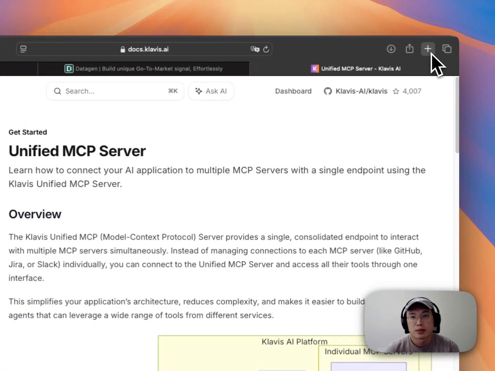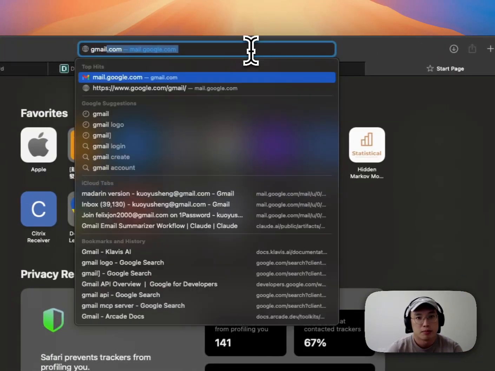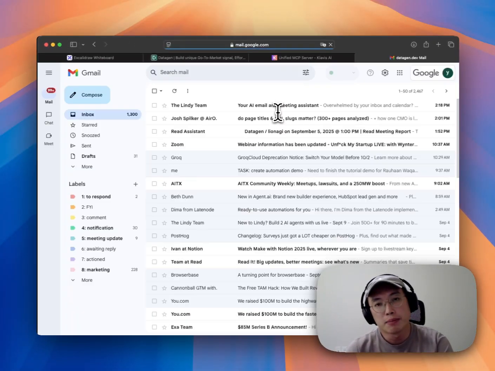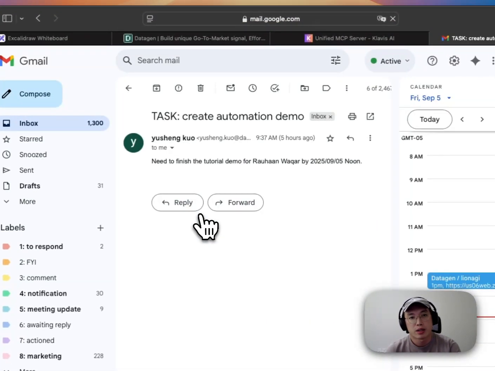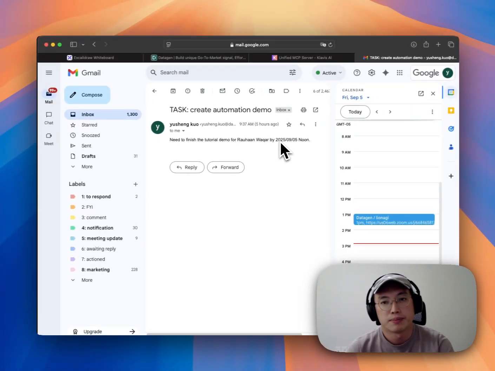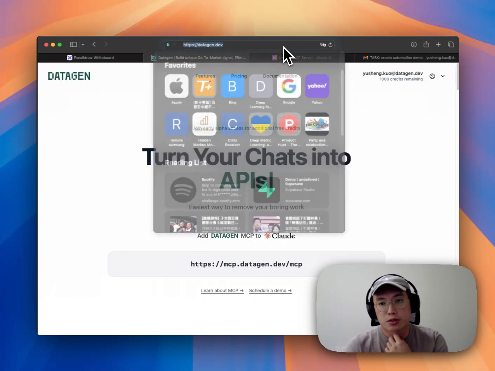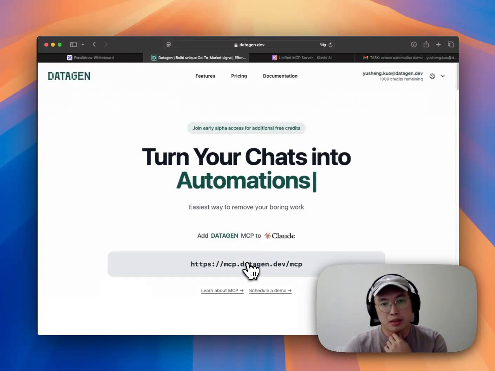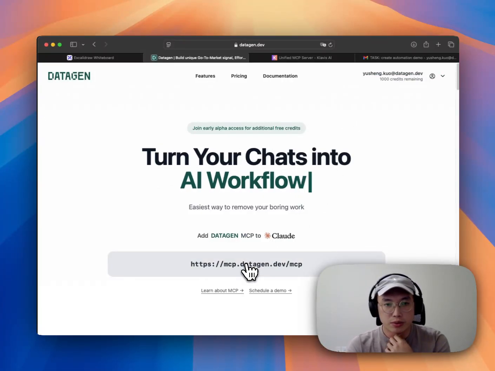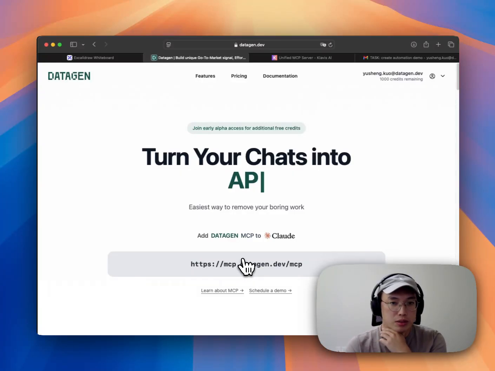So to prepare this task, because I don't have WhatsApp, I use email as a proxy. I just created an email for me saying, hey, this is a task, and I need to create an automation demo. So the first thing is you go to Datagen.dev. You don't need to log in immediately because we will guide you through. Actually, what you can do now is you just